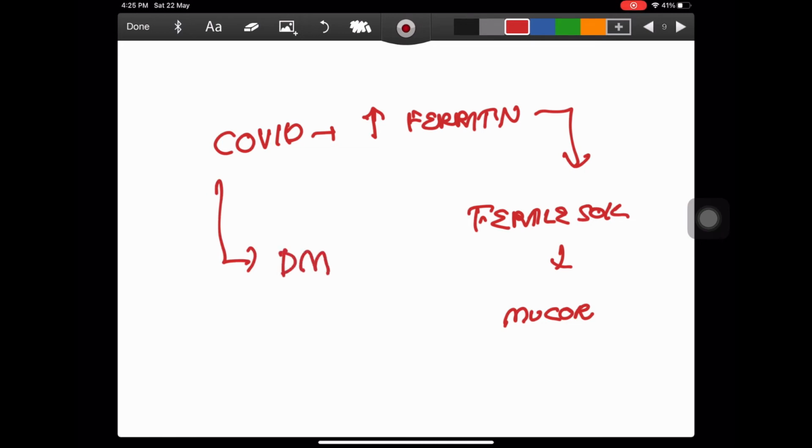It also reduces diabetes, which also forms a fertile soil for mucor. Okay, so now we have seen how iron helps in providing a fertile soil for mucor. Okay, it helps in activating this mucor. So we have seen, we'll come back to and finish rapidly the other mechanisms by which diabetes causes